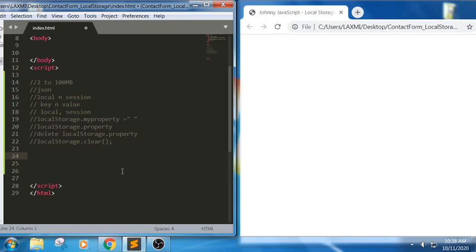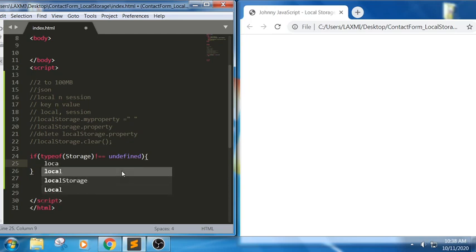First, I want to have a setItem here. In this script part, the first statement I am writing is typeof, which tells what type of data is stored in a particular variable. So we have something like this: typeof Storage is equal to undefined. It means if the method is undefined, in the sense the value has not been defined, then it will not set this item. localStorage.setItem.